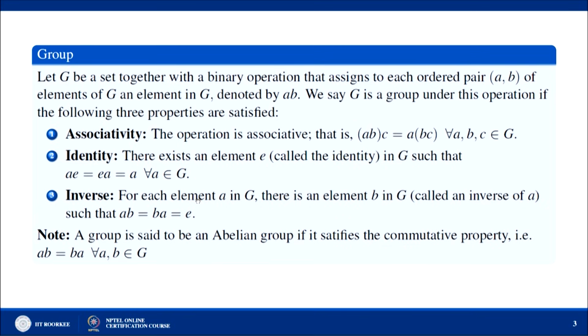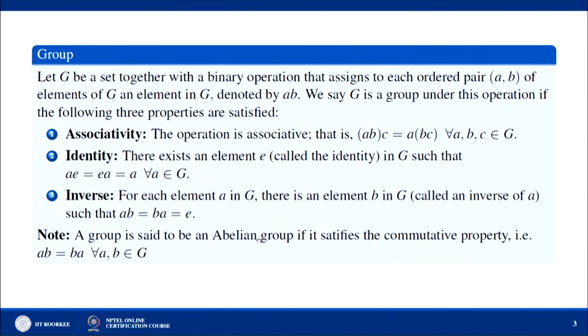So, if these three properties hold on a binary operation applied on G, then we say that G under that binary operation is a group. So, what are the four properties which we have discussed? Number 1, the operation must be a binary operation. Number 2, associativity. Number 3, identity. Identity means you take any arbitrary element A in G, there exists E such that AE equals EA equals A for every A in G. Inverse means for any A in G, there exists an element B in G such that this result holds.